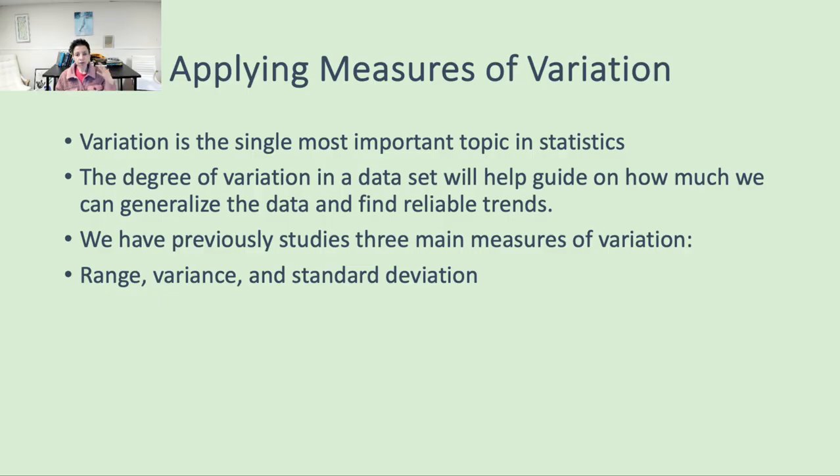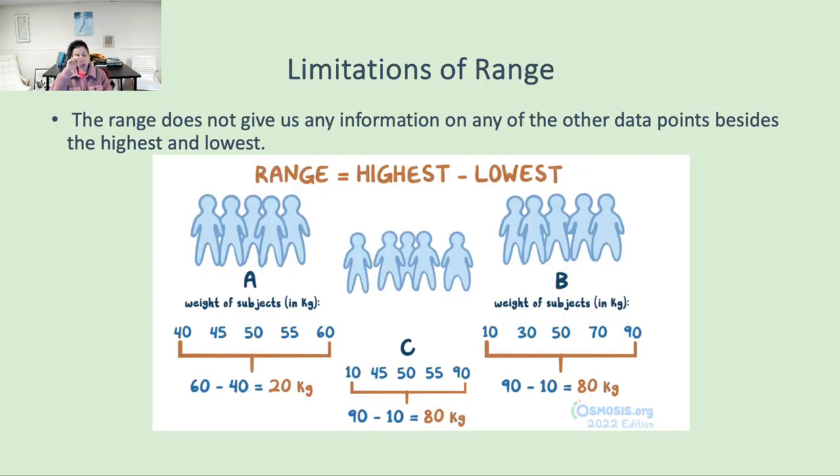We've previously studied 3 main measures of variation: range, variance, and standard deviation. We're going to revisit those and also go into more depth on how to calculate them. The first one is the range, and the range is a very simple calculation. We take the highest value and subtract from it the lowest value,